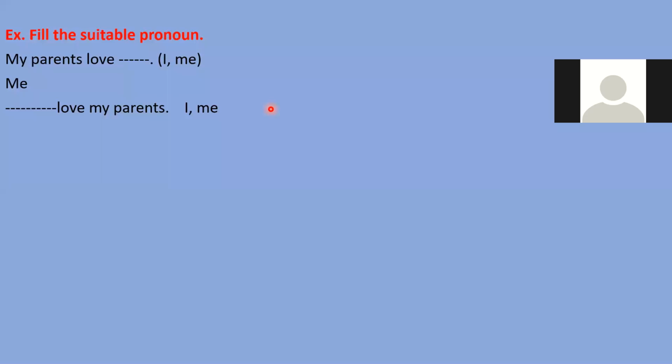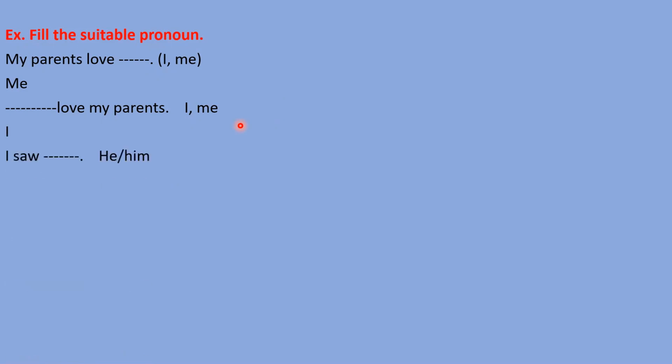You have given a good explanation. Love is a verb, and before the love, there is a fill up. So there is a need to fill the subject there. So I can be a subject, but me can't be a subject because that is objective case pronoun, right? So in this case, we need to fill I here, right?